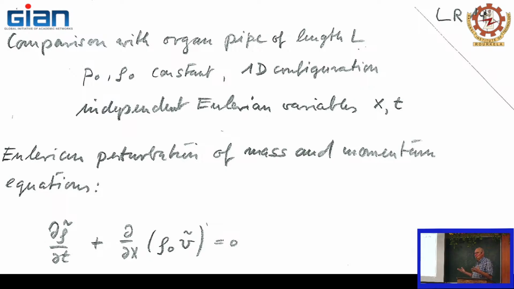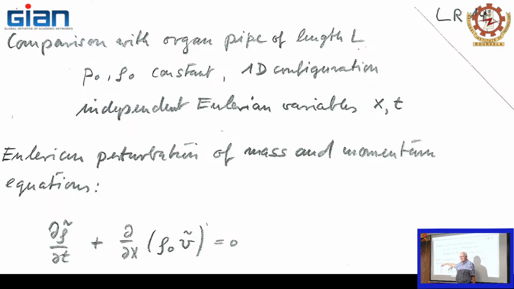So let's consider the corresponding problem for our organ pipe of length L. The organ pipe contains air with constant pressure P0 and constant density, and it's similar to our star. It's a one-dimensional configuration. In the introduction, we already considered the organ pipe as an analog of our pulsating stellar system. We use independent Eulerian variables x and t. This time we go to the Eulerian variables, and we consider the Eulerian perturbation problem, Eulerian perturbations of mass and